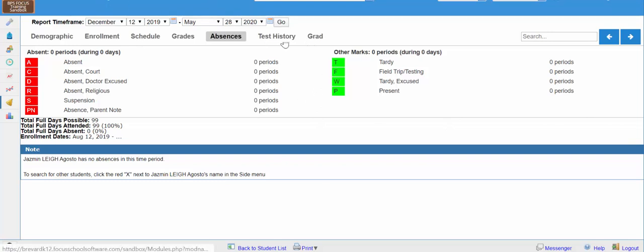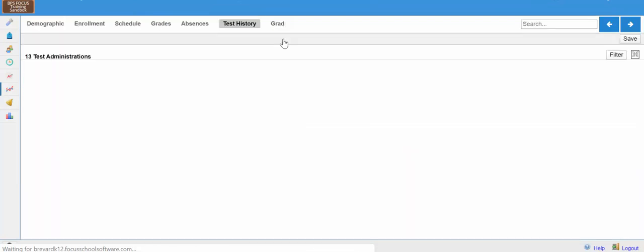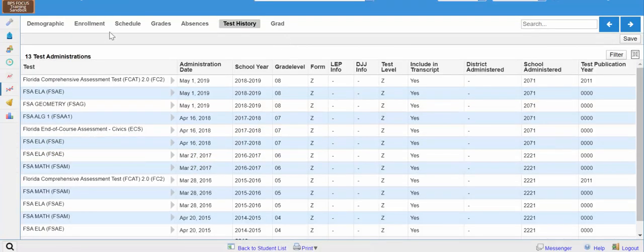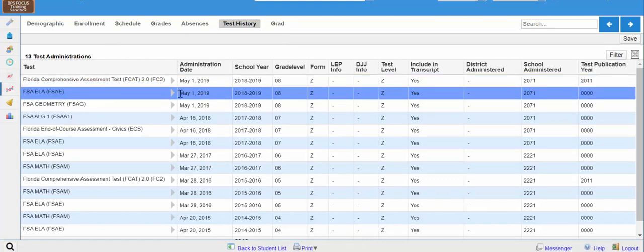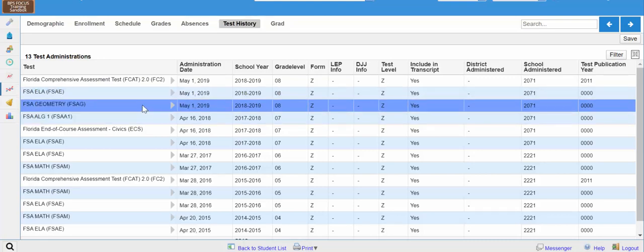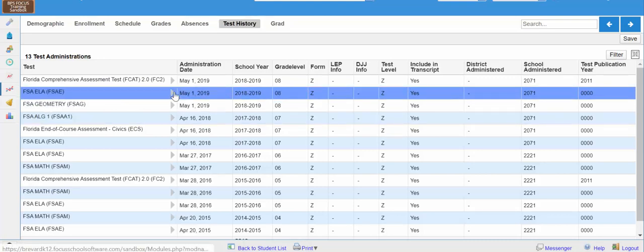The next thing is test history. So I'm going to click on test history, and we see here we have the total test history for that student. These are all the state assessments. And if I click on one of them, and teachers have access to this information as well, which is super, super neat. It's something that we had to go hunt for before, but now it's all here in the grade book. So if I'm interested in the student's FSA ELA scores, I could open this little window here,